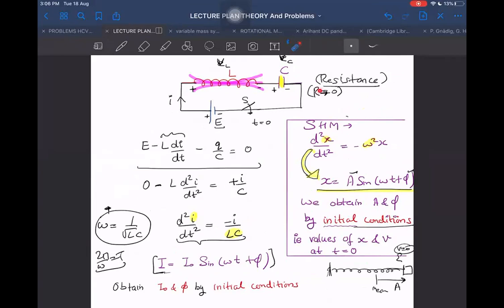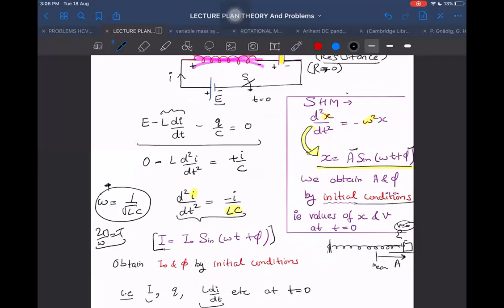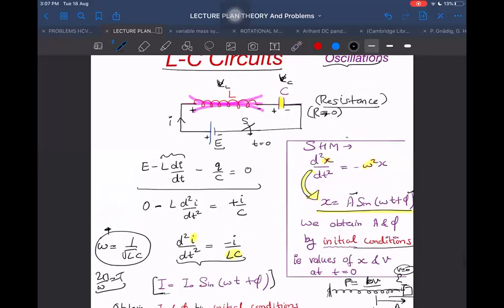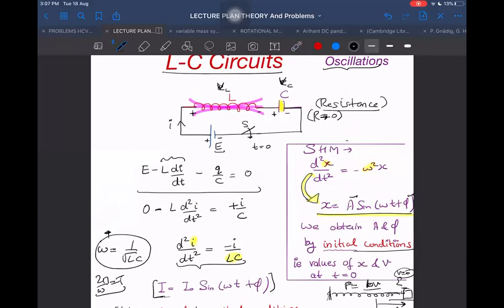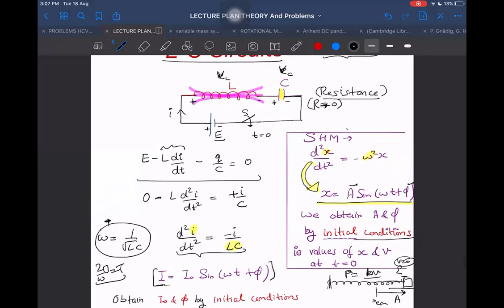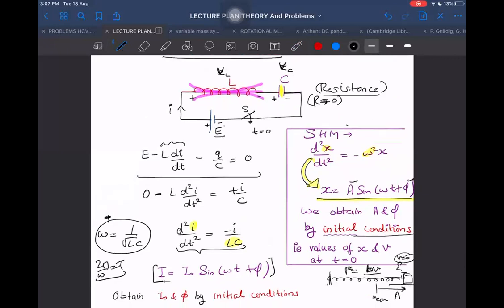If R is not 0, then what happens? We can think this motion will be like the motion with friction, some air drag, where we have taken damped oscillations where drag force is equal to bv. This resistance will act like a drag force because some energy will be dissipated in the resistors. So it will be acting like a damped oscillation. Not only damped oscillation, also forced damped oscillation, because E is acting like force.